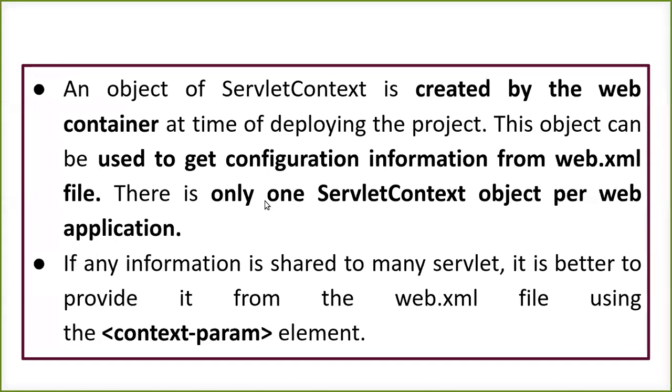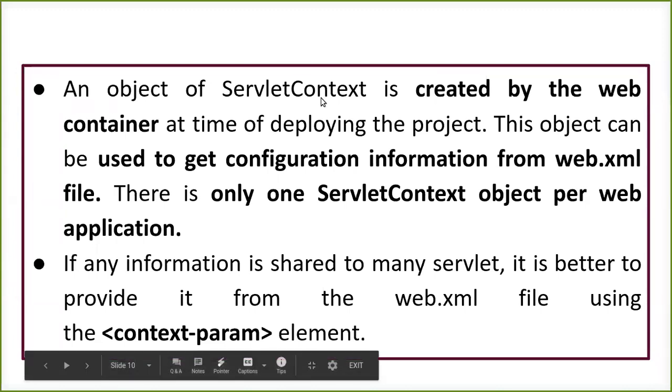What used to happen when we had different servlet files is that we expected to have different objects for the different servlet files, and if I wanted to pass any information or change anything in my servlet, I could do it with the help of that particular object. But here in servlet context, I don't have to do that. I can have only one object for the whole application, and if I want some changes in my servlets, I can use the context-param element.